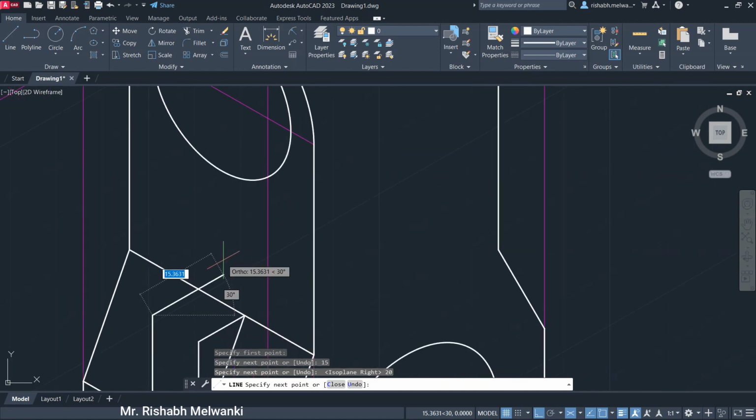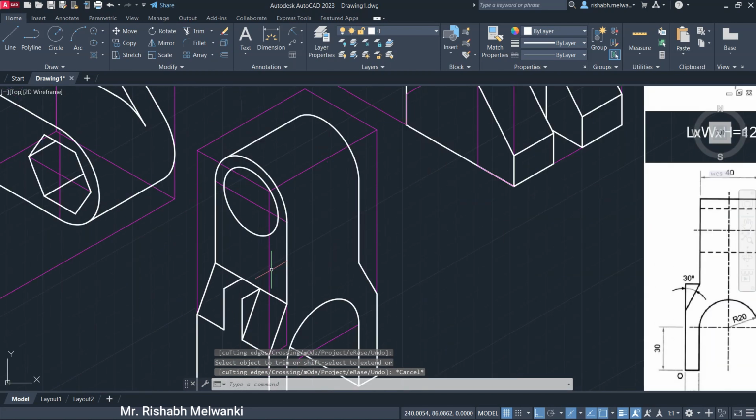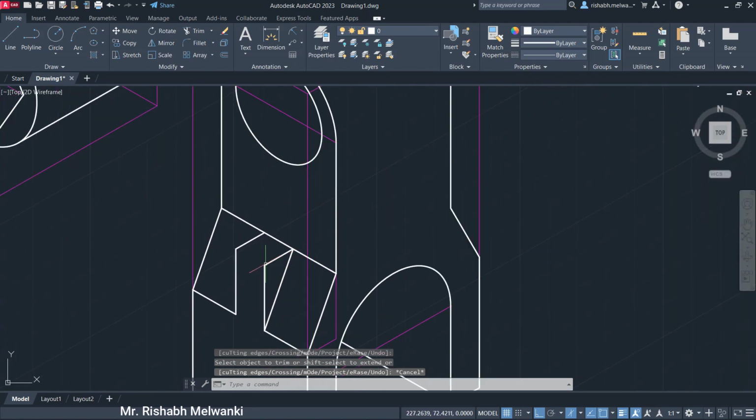And back side, click over here, escape, TR, double enter, trim this part. Now here you can see again there is a change of face from horizontal to vertical, so L, enter, draw a line over here,